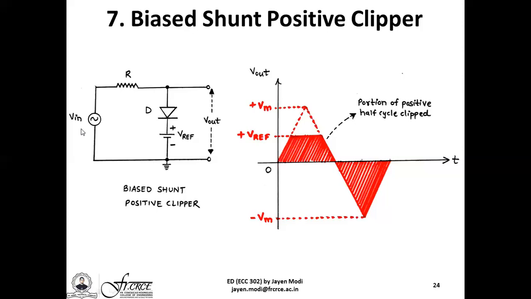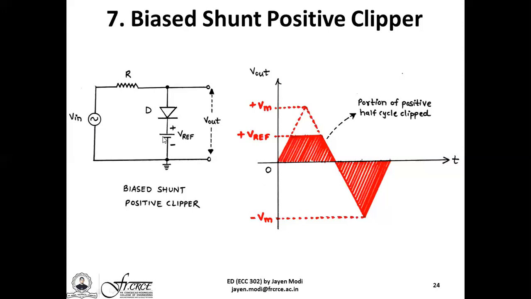Similarly, for the input AC negative half cycle, the diode will always be reverse biased, because the topmost terminal now becomes minus, the bottommost part now becomes plus. Minus is applied towards the anode, plus is applied towards the cathode part. Now, since the battery is already making the PN junction diode reverse biased, the AC input signal is also making the PN junction diode reverse biased. Due to this, it is acting as an open circuit, so Vref cannot reach the output.